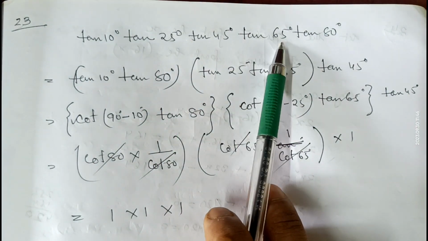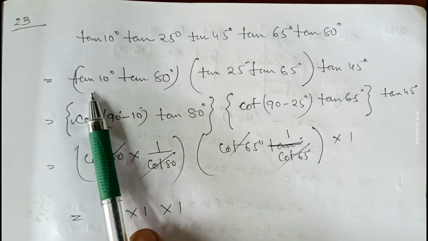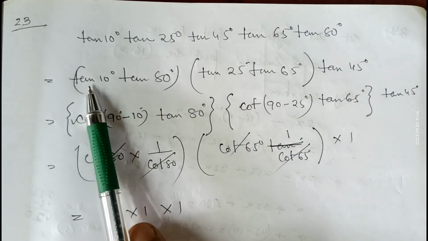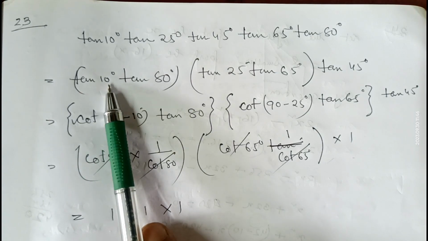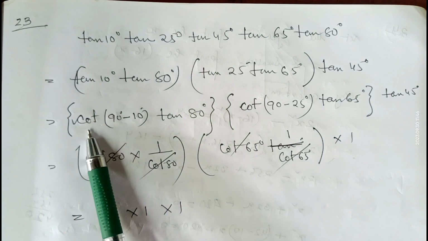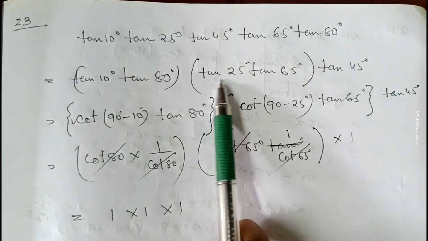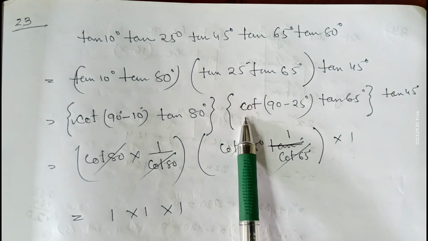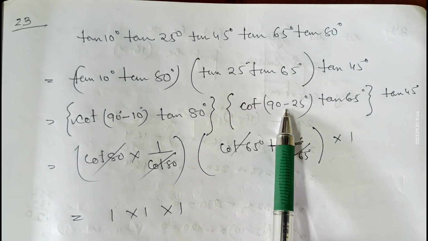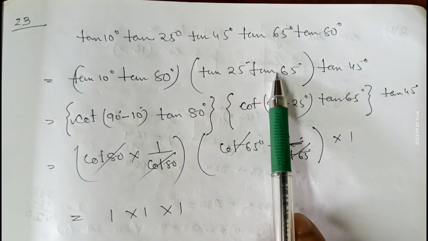25 and 65 also make 90, so these two I have grouped. And tan 45 I have written here. Out of these two, I will change any one. Suppose tan theta, we know it's cot of 90 minus theta. So instead of tan 10 degrees, we can write cot of 90 minus 10. This one will remain unchanged. Tan 25, this one we are changing in the form of cot, so it will be cot of 90 minus 25, because tan theta is cot of 90 minus theta,